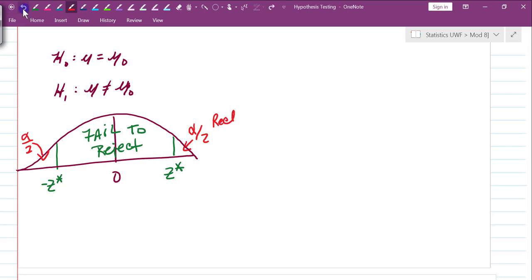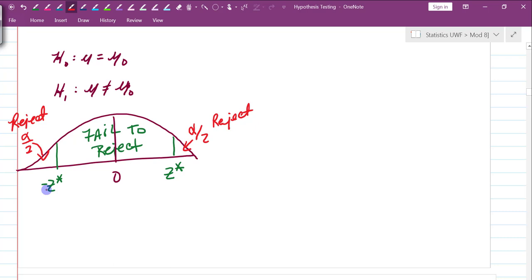We reject if we end up with a value here, and we reject if we end up with a value here. So this is a setup of essentially the playing field. This is the initial setup. And now, once we have this, what we're going to do is we're going to say